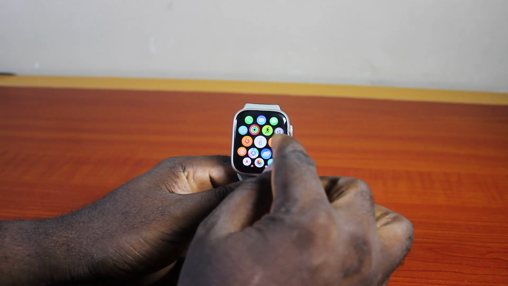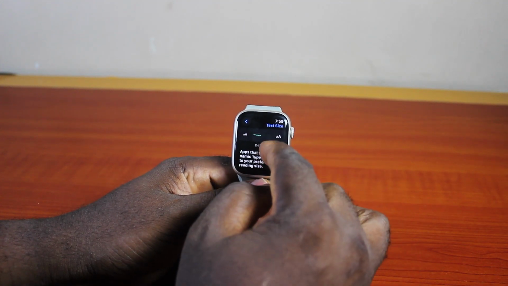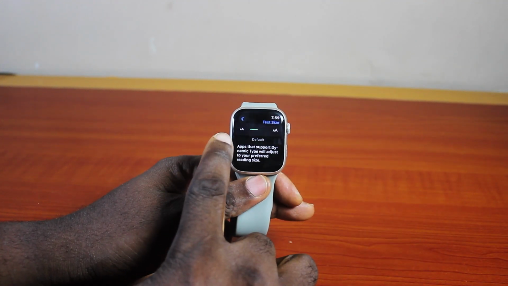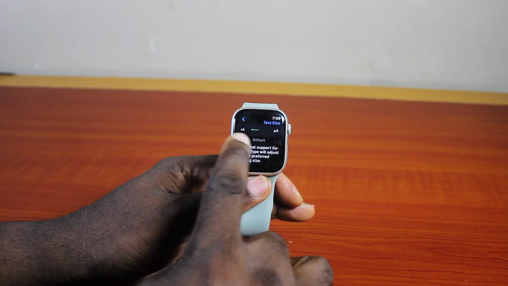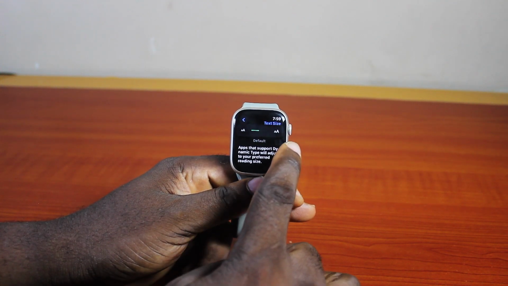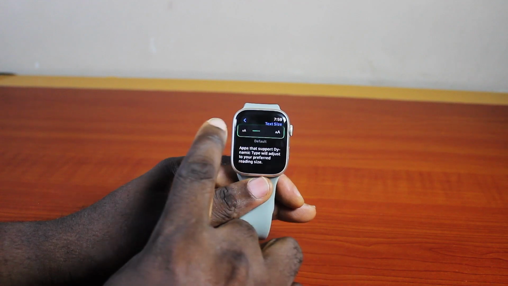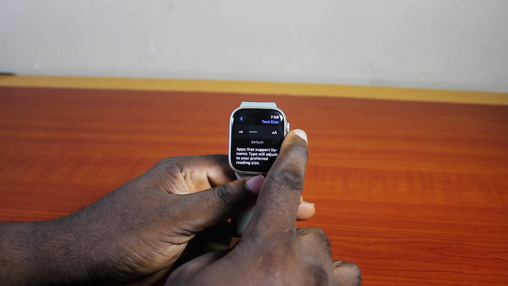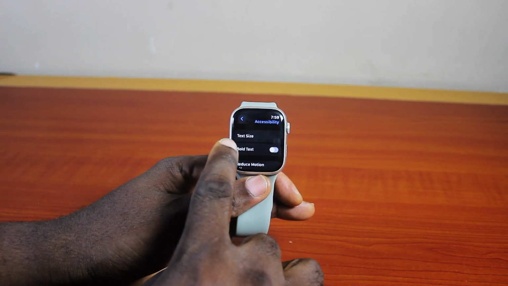Now, if you're on any page on your Apple Watch settings or anywhere in your Apple Watch and you want to go back to the previous page, all you need to do is swipe right. So you just need to swipe towards the edge crown depending on the location of the crown. If the crown is on the left, you just need to swipe left. But if the crown is on the right, just swipe right like this, and this will take you back to